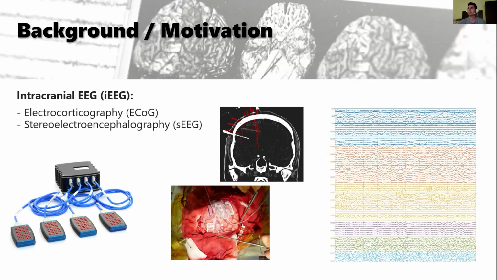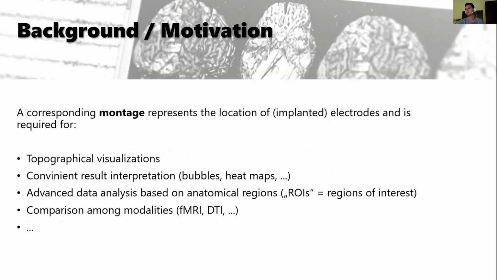And when you do an ECoG or a Stereo-EEG experiment, you usually want to define the corresponding montage, which represents the location of these implanted electrodes, because this is required for the topographical visualization. If you want to be able to do an easy result interpretation, for example,